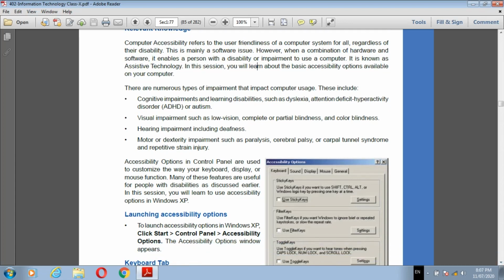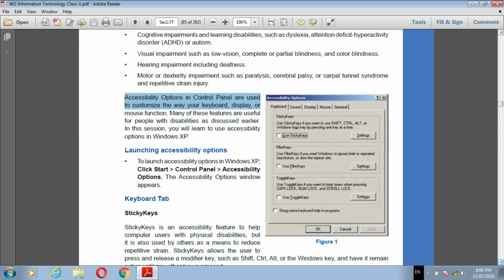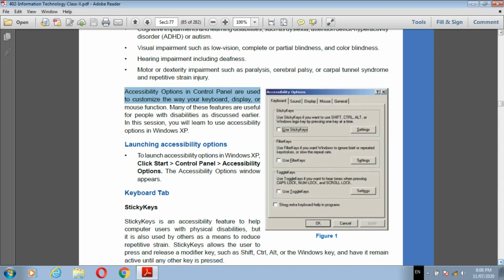Accessibility options in control panel are used to customize the way your keyboard, display or mouse functions. Where is the accessibility? See, this is the screen of accessibility options that has some options, and those options we are going to see now.